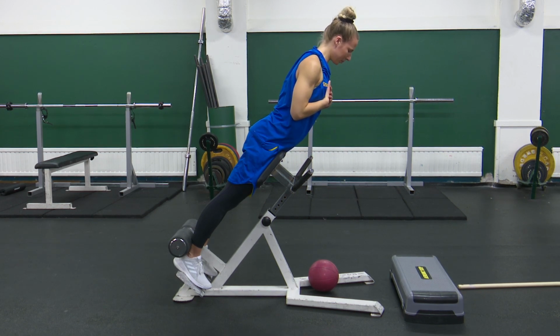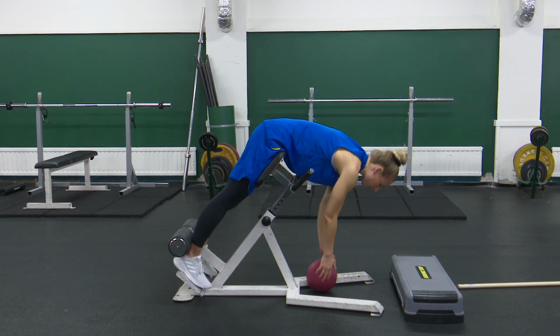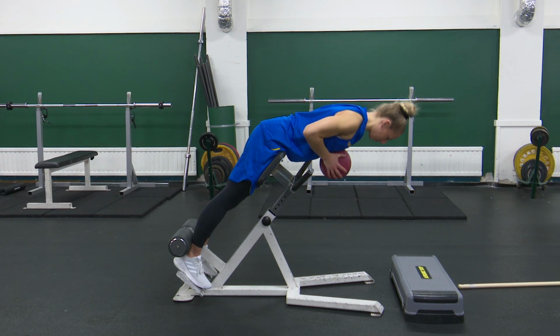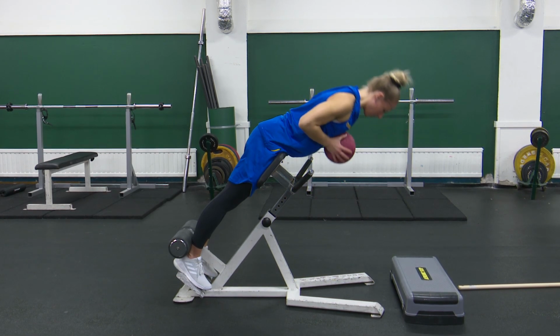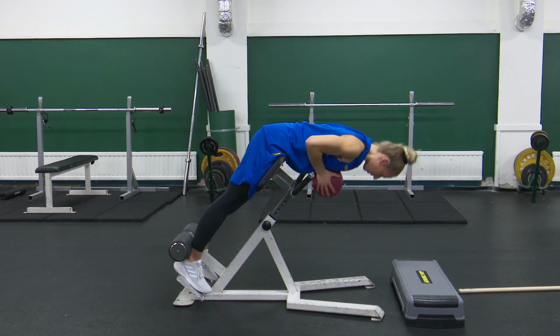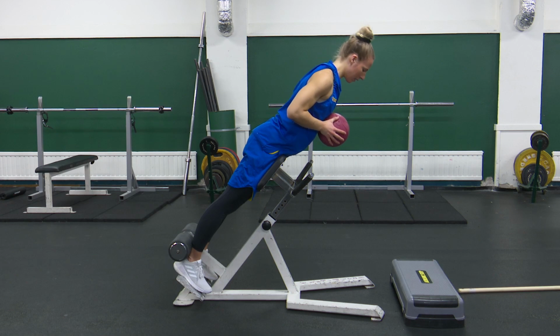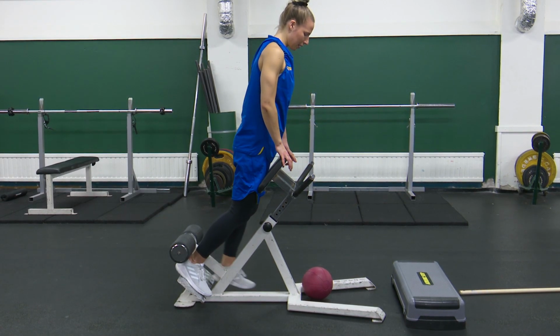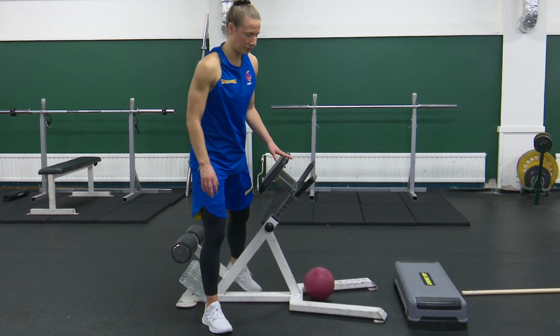Some harder version would be using some kind of weight in front of ourselves, and an easier version would be doing it maybe on the floor with lifting the lower back. And then the other exercise for the back is